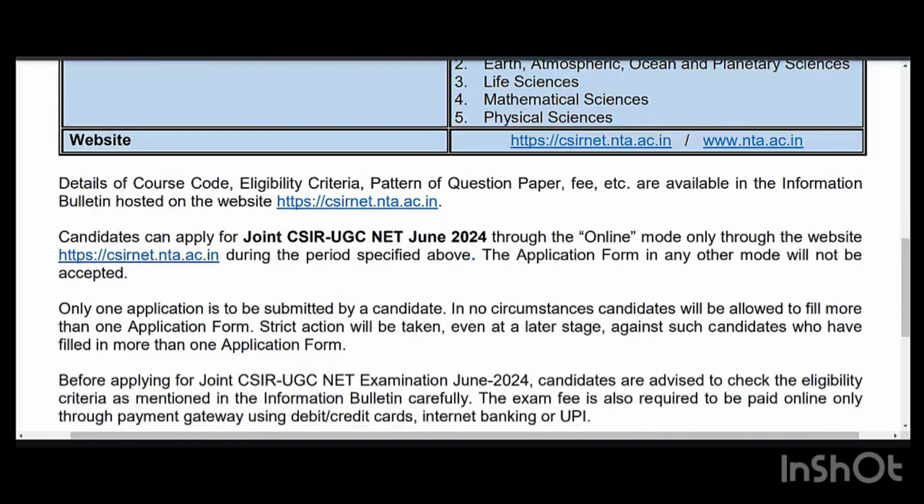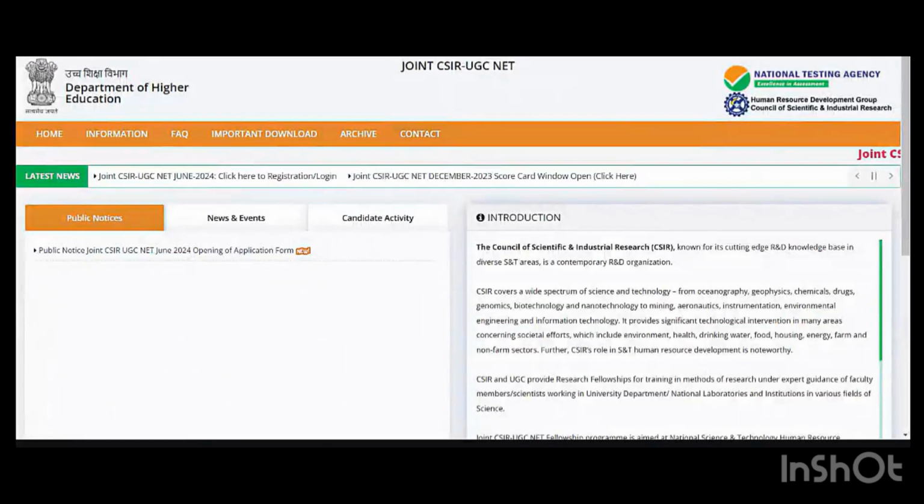Now, how do you have to apply? You have to click on this particular link, csirnetnta.ac.in. Either you can apply from here, or you can directly go to Google, write CSIR NTA, and it will direct you to that particular website. Click on it and it will direct you to this page.